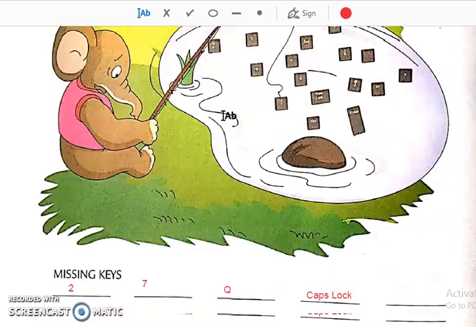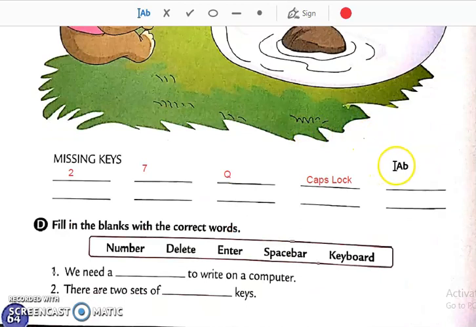So let us write that. Here and here. See, this key is missing. See that key on the previous picture of the keyboard, so you will understand, students.